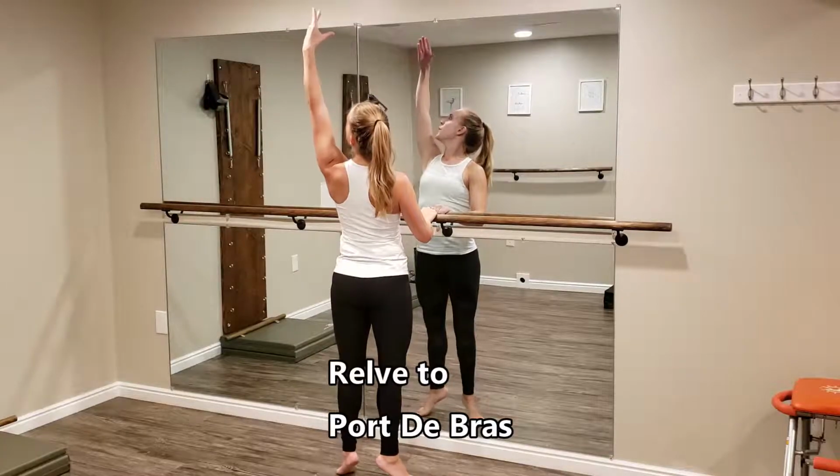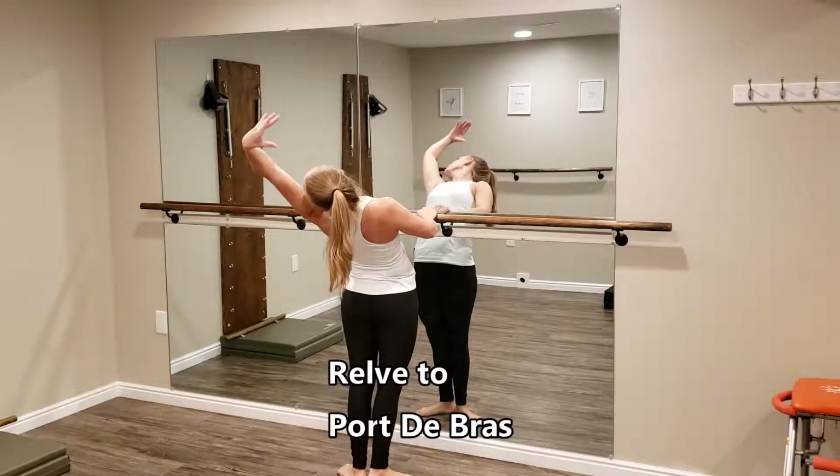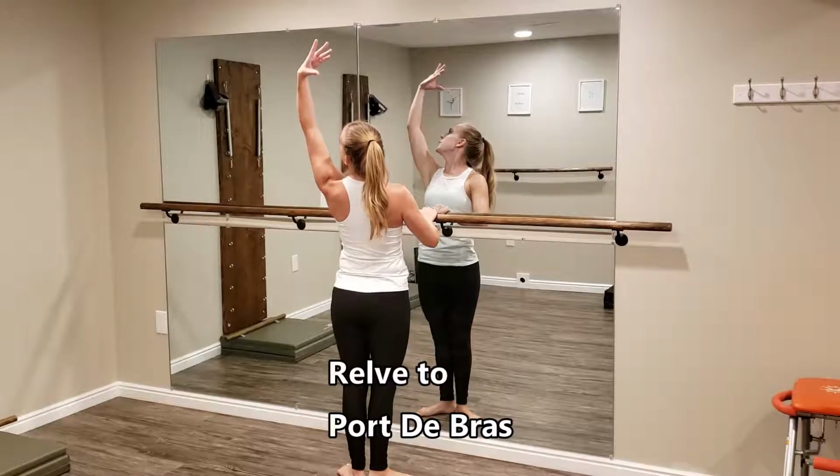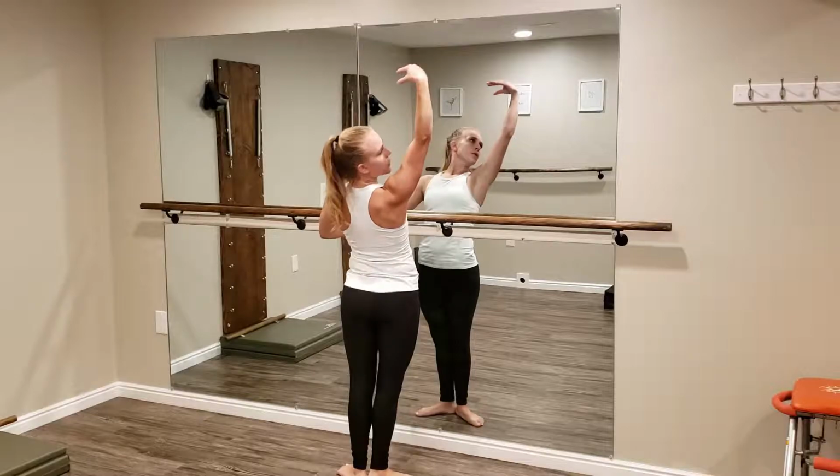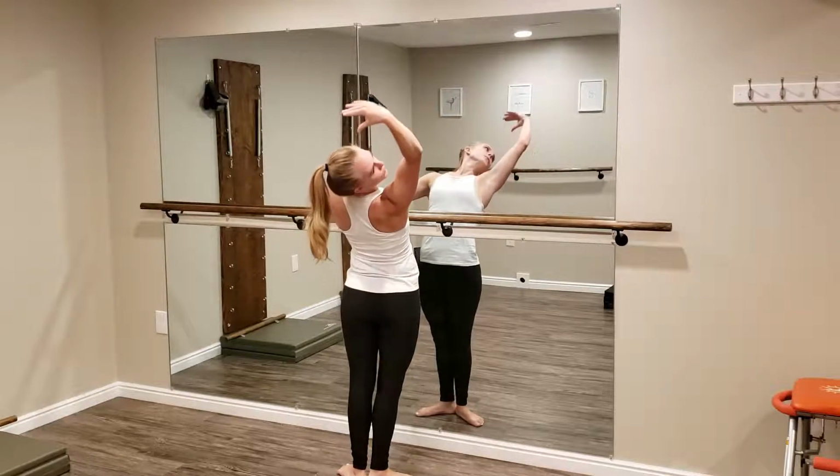Releve, sweep left arm up, lower the heels and lean back, port de bras to the right arm now. Releve, lift, lower heels, soften elbow, gaze to the inside of the elbow, stretch back, port de bras, back to the first side,